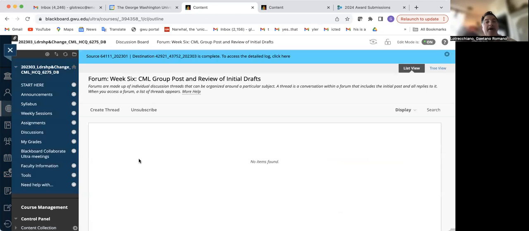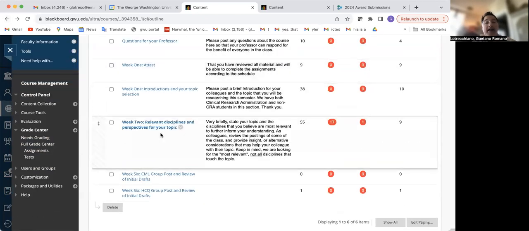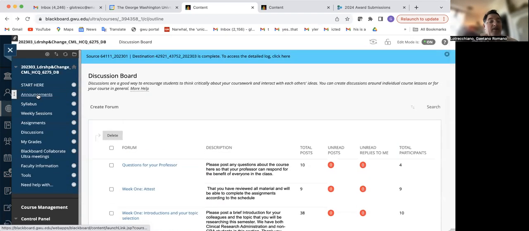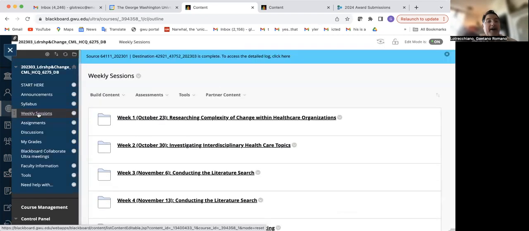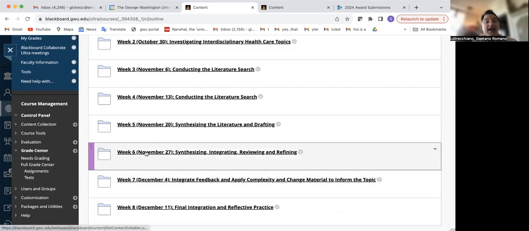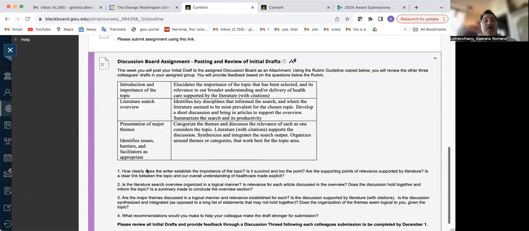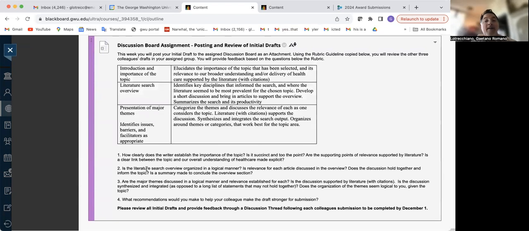There's nothing here right now, but you're looking for a peer review of each other's work, so that you can give some constructive feedback and continue to synthesize and integrate the literature that you have looked into. So let's go back to the weekly session and take a look at really what the assignment is for the discussion board. So you want to put your initial draft up, okay,